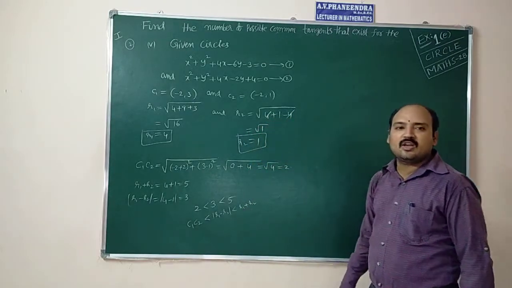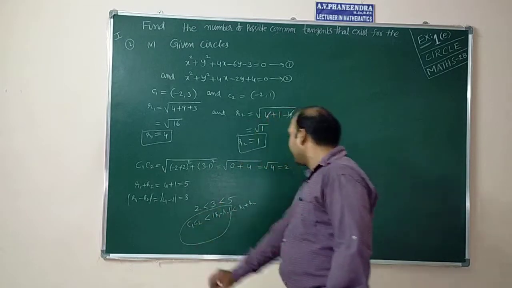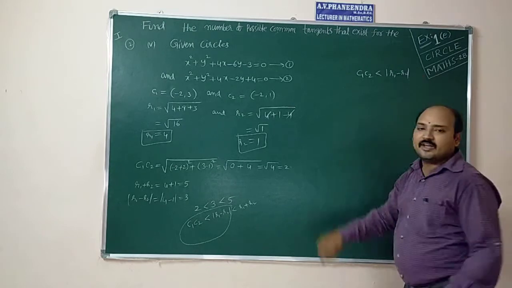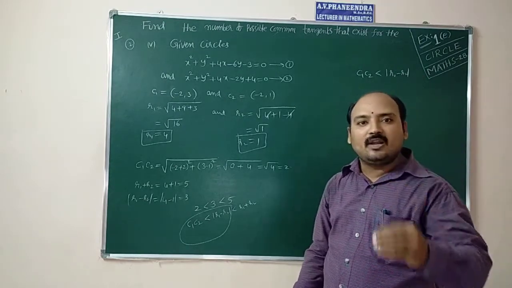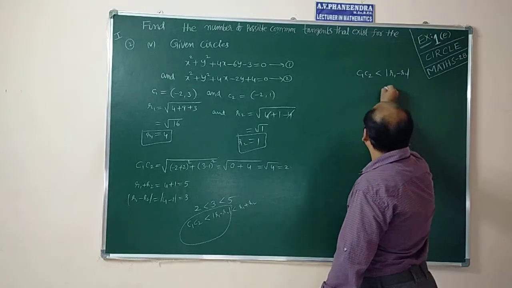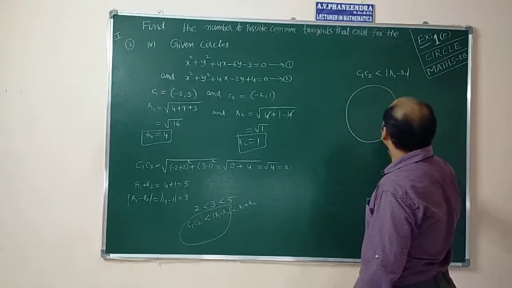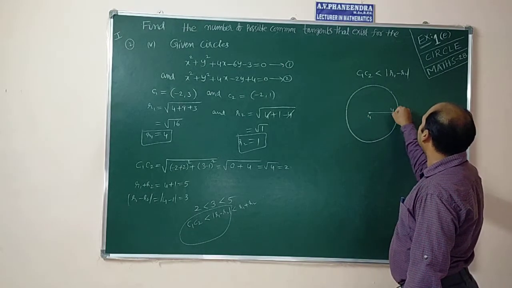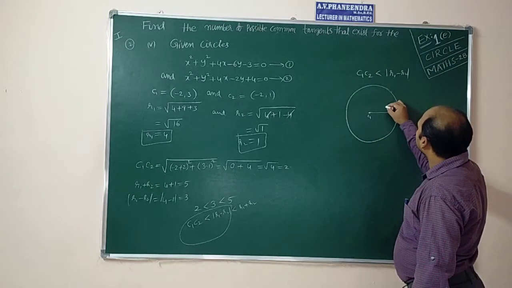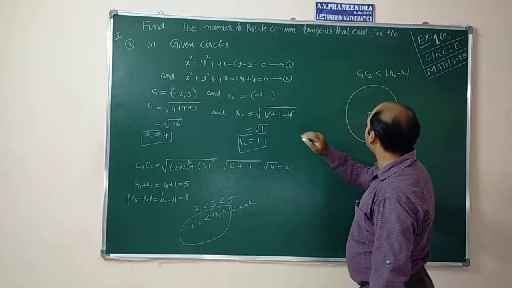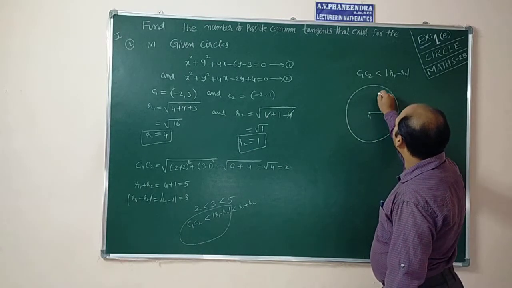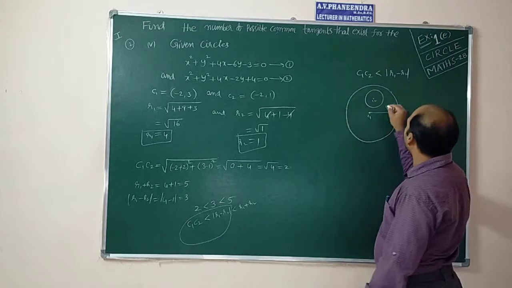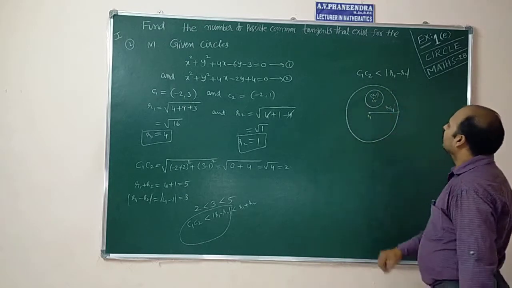But this condition is not there in our relative position conditions, but this condition is there: C1C2 is less than modulus of R1 minus R2. In this case, one circle lies completely inside the other circle. This is the first circle, center C1, whose radius is 4, R1. And the second circle, center C2 minus 2 comma 1, with radius 1